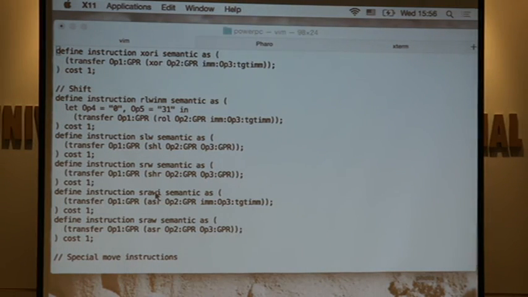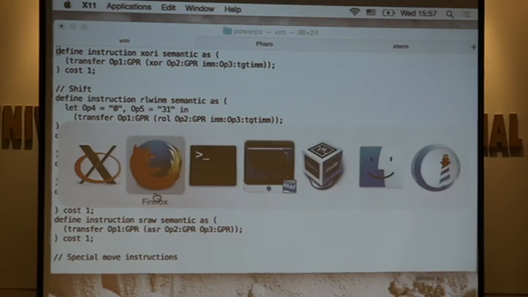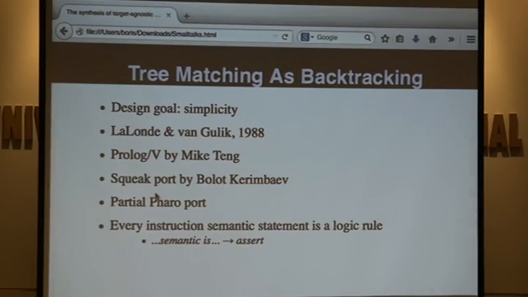It's an image that I had from back in 1997, where I was playing with an implementation of backtracking that is described in a paper by Lalonde and Van Gulik about implementing backtracking using direct manipulation of Smalltalk contexts. So you've got two primitives, succeed and fail, and when you succeed, it remembers where you succeeded. That's your return point.